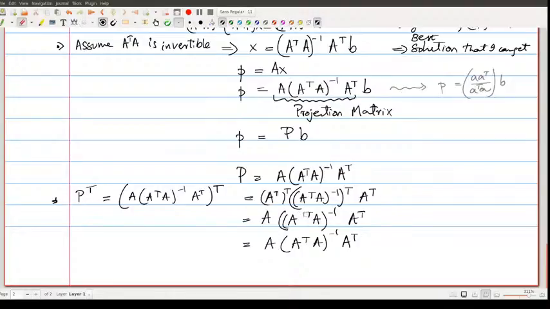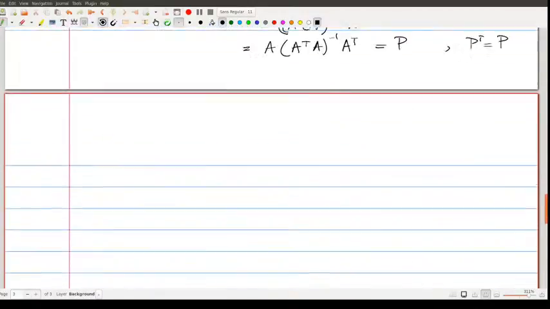Did I do that correctly? No. So this was A transpose, and this was A transpose or transpose. So that just gives me the same thing again, which is the P matrix. So we verified that P transpose is the same as P, and we can try verifying the second property as well,